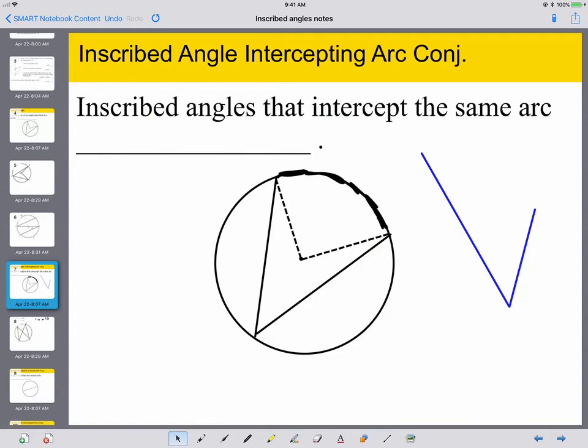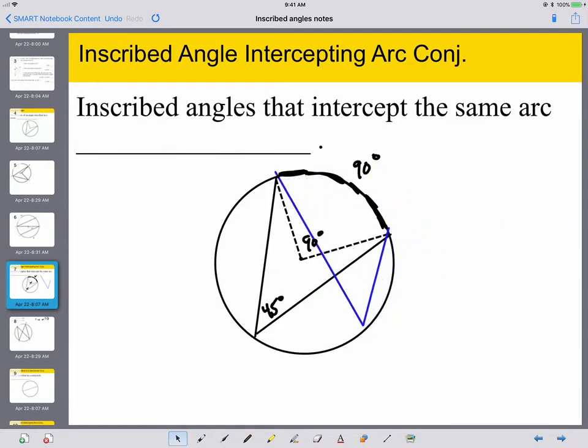That looks like it's 1/4 of the circle because that central angle is 90 degrees. So it looks to be 90 degrees. So that black angle is going to be half of that, 45. What if I pull in another inscribed angle? I can make many inscribed angles that intercept that same arc. This blue angle also intercepts that same arc, and it's inscribed again. Remember, they're both inscribed